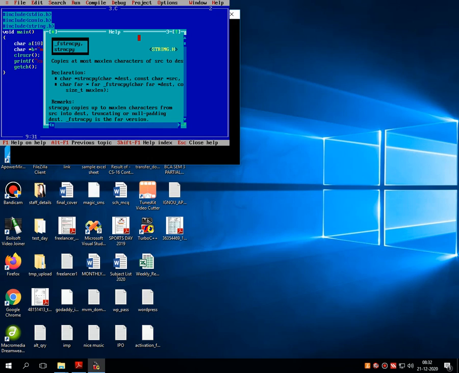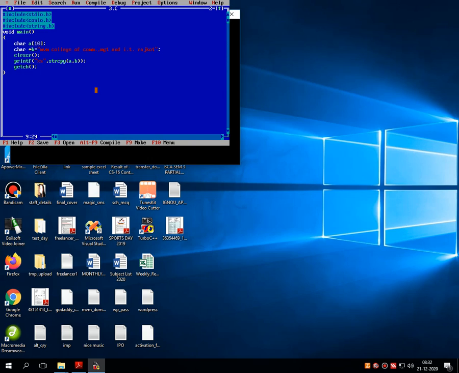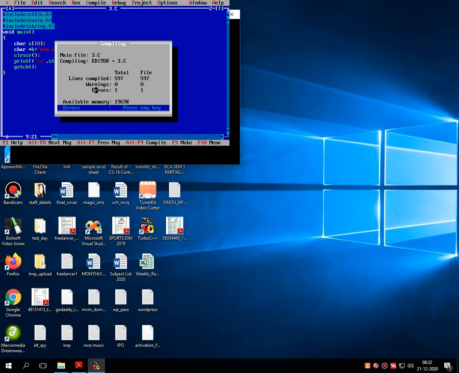That means it picks up the first character from the source and puts it into the destination, then it puts the second character and so on up to the last character. It copies alphabet by alphabet from source to destination. Now what will be the program for the same? The program remains the same. The single change we need to do is that in the function we have to write strncpy,